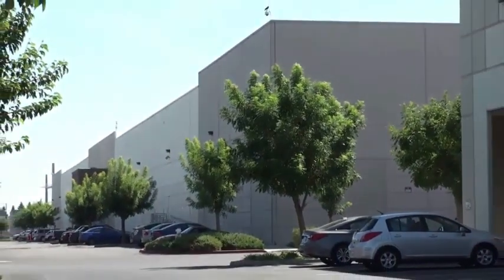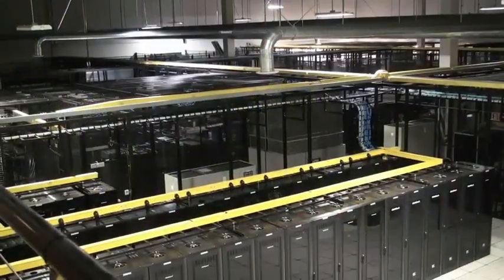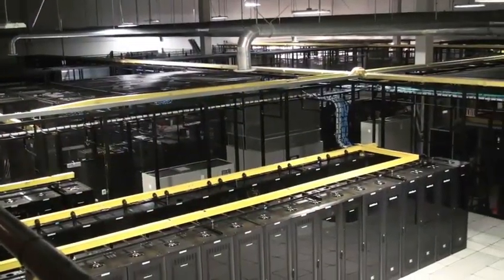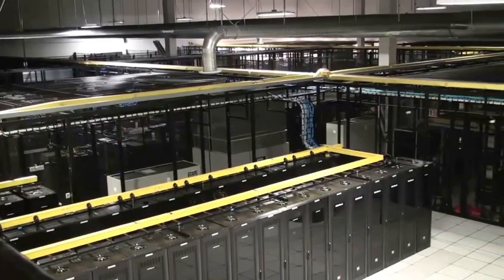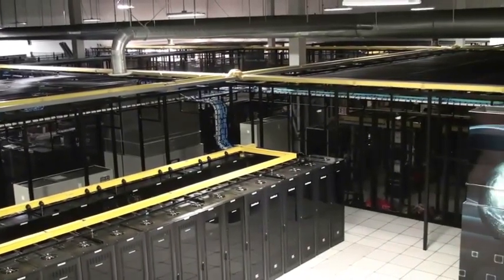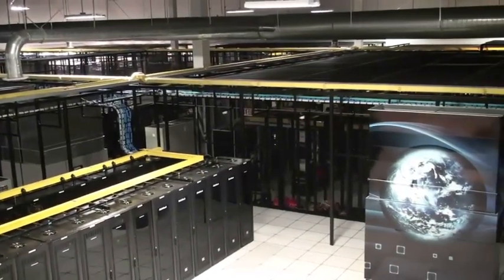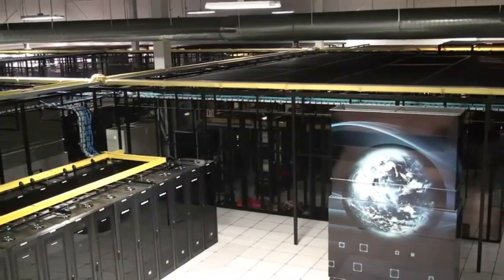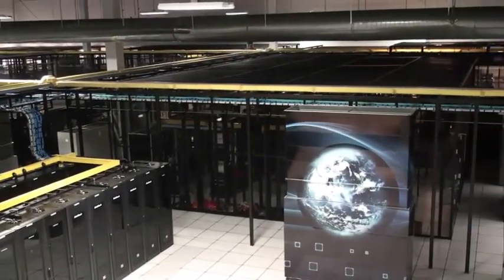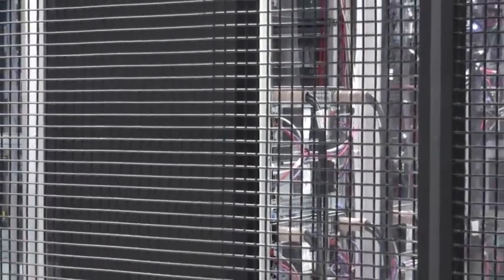The raised floor space within is built out in phases as demand requires. Building 1 includes 3 phases. Phase 1, opened in the spring of 2001, offers 27,400 square feet of raised floor space. Phases 2 and 3 opened in 2006 and 2007, adding 34,000 and 46,000 square feet respectively. In total, Building 1 has 107,000 square feet of raised floor space, supported by 12.6 megawatts of critical IT load